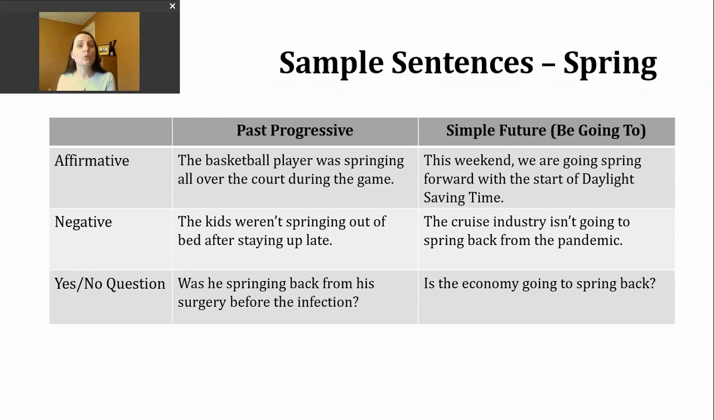So that's going to be was or were, since we're in the past. Then I'll have my subject. My subject needs to match with that form of the be verb. Then I'll have that ing form of the verb. Here's an example. Was he springing back from his surgery before the infection? So again, this is going to recovery, someone healing after surgery, and then unfortunately another action interrupted it, someone catching